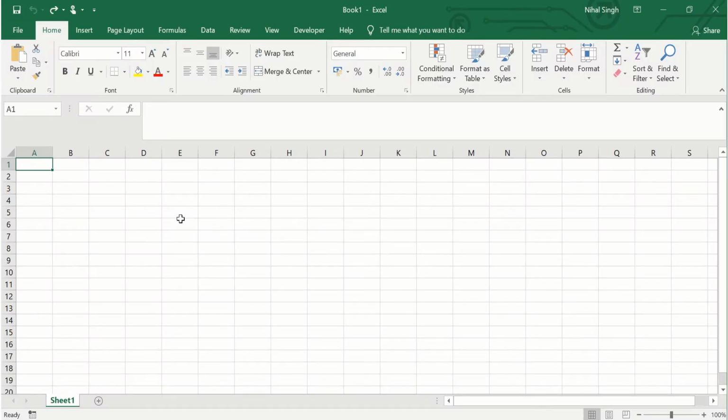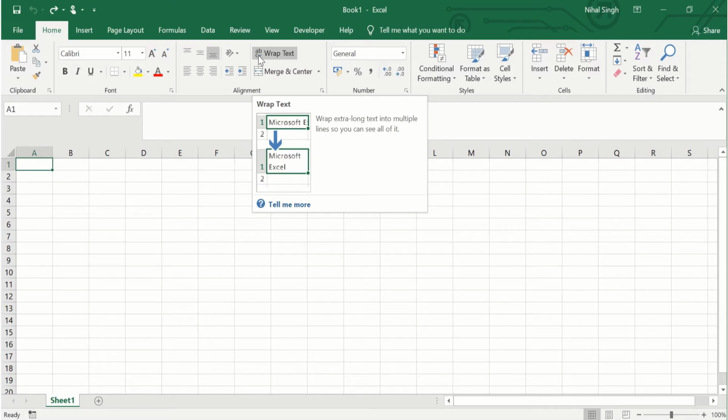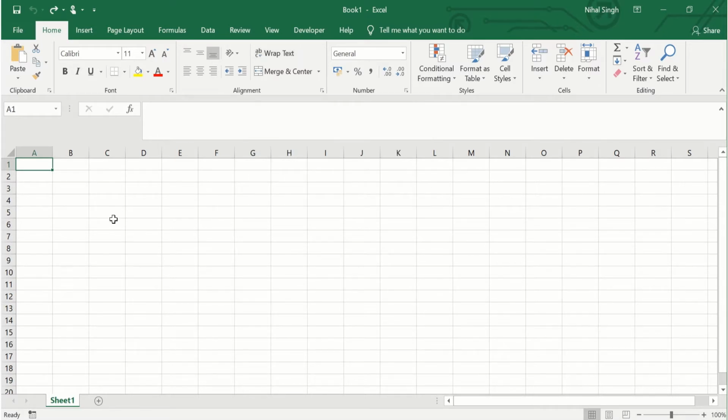Hey guys, in this video we will see the use of wrap text in Excel. Wrap text is used to fit a very long text in one cell in Excel. Let's see an example. For example, I write over here,